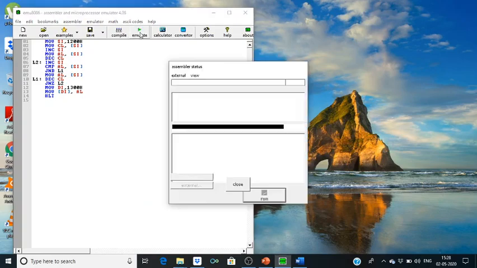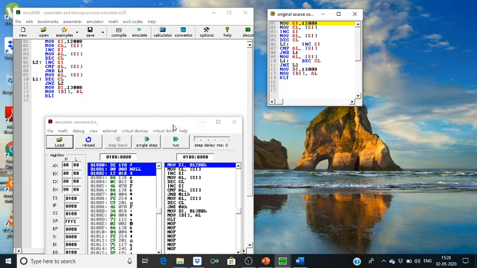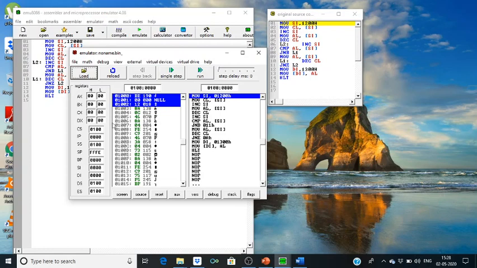Now we will emulate it. Now you can see that the data segment value is this, so you can make it